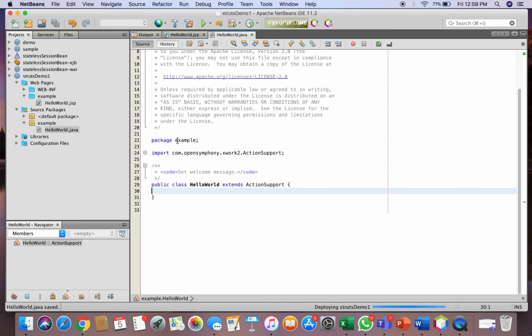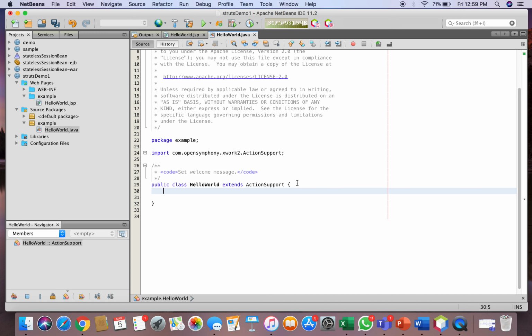It says that this action is under the package example. Then this is the ActionSupport interface which needs to be imported. To make this class an action, it has to extend ActionSupport, and it should implement the execute function. So the first thing we have done is extending ActionSupport.